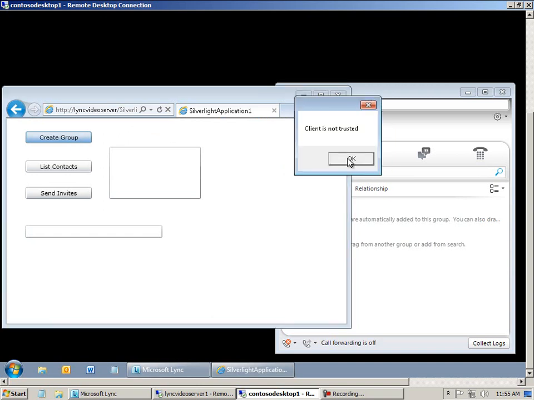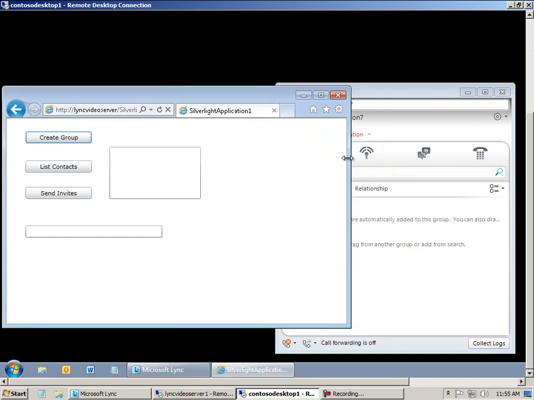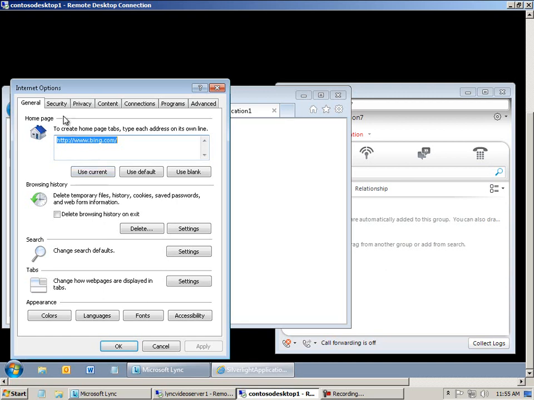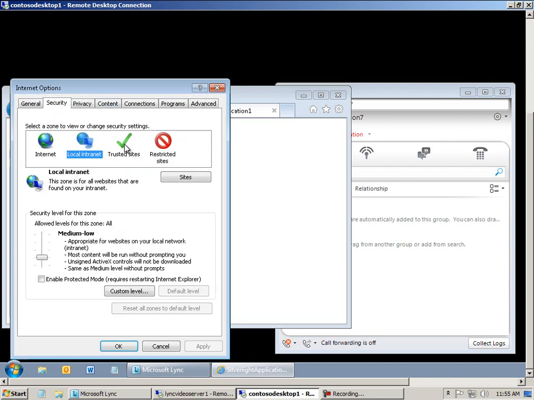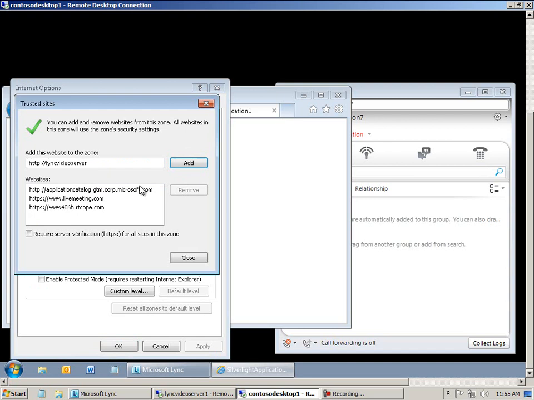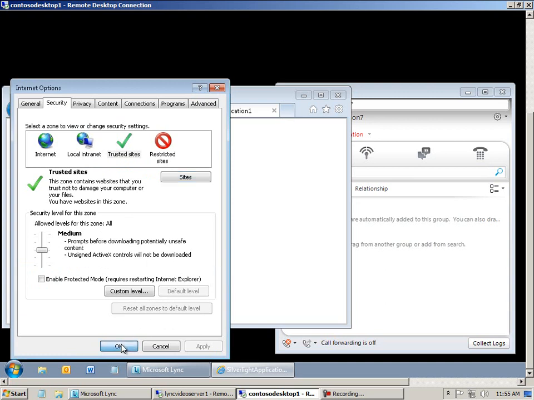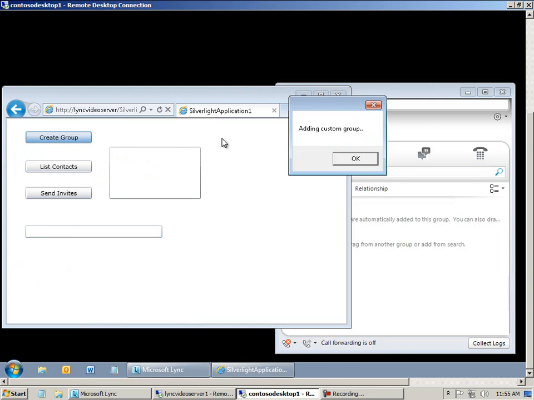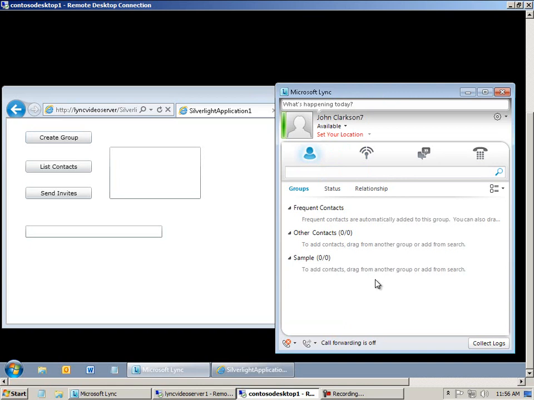And oh, another error. Client is not trusted. Well, what we need to do is to add our web server to the trusted sites list on the user computer here. And see here, it's got it selected in the list. We just add it, close it, click OK. Now if we try to rerun things, we'll create the group, add in custom group added event occurred, and bingo,